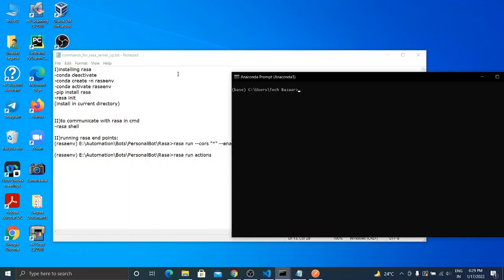Now please refer to these commands given in the notepad file. First of all we will need to deactivate the base environment of Anaconda. So conda deactivate. Okay, now move to a directory where you want to create this Rasa project.